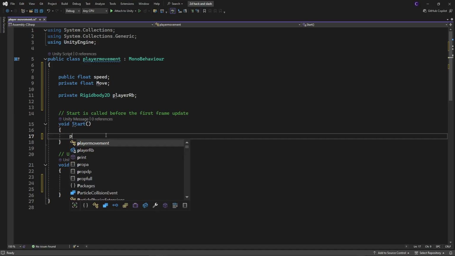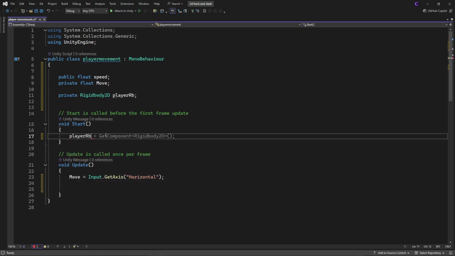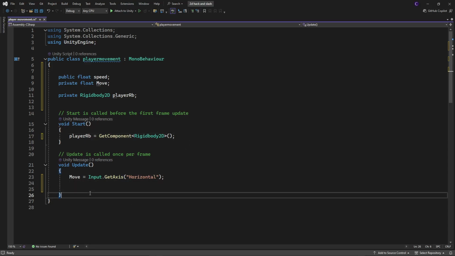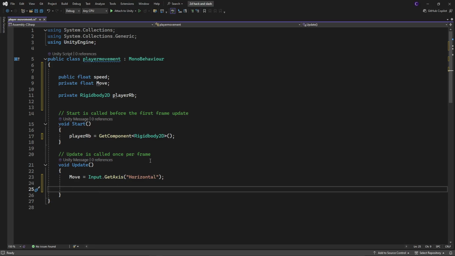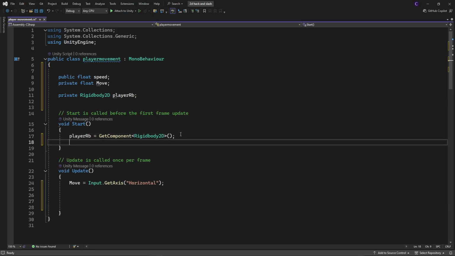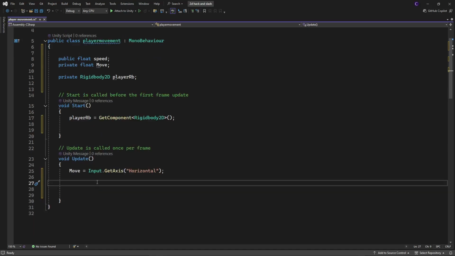Type it out for me. Player RB equals get component 2D body. That is indeed what we wanted. Now we're going to need to use the rigid body to get the movement. So we keep putting more space. I like to have space in between the things so I can see everything. We're going to go player RB dot velocity